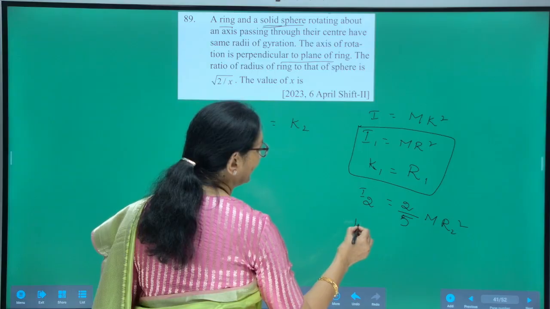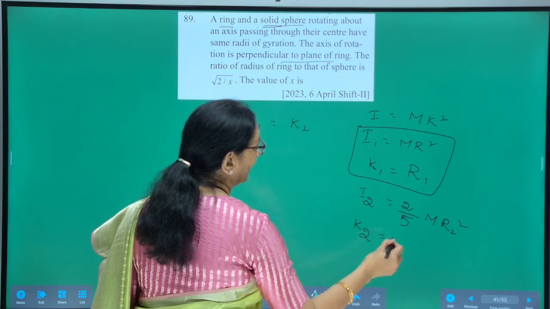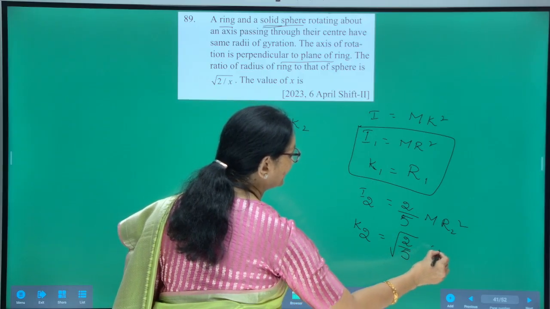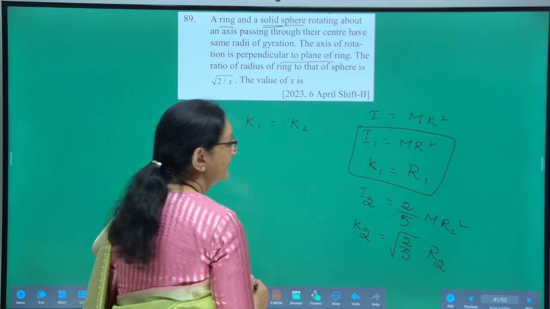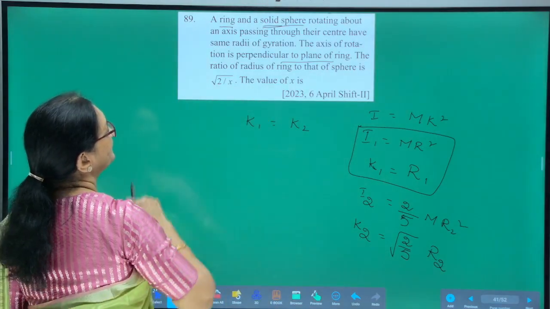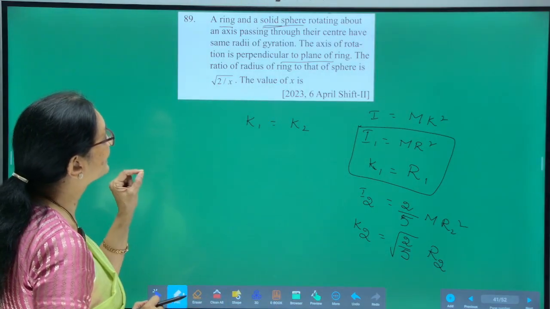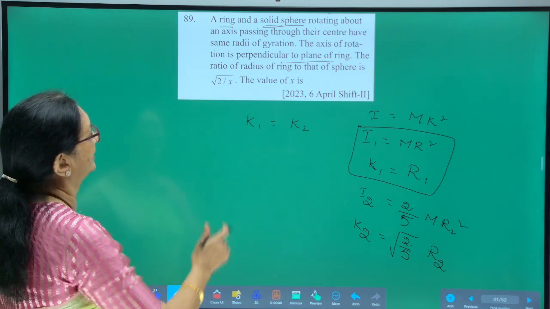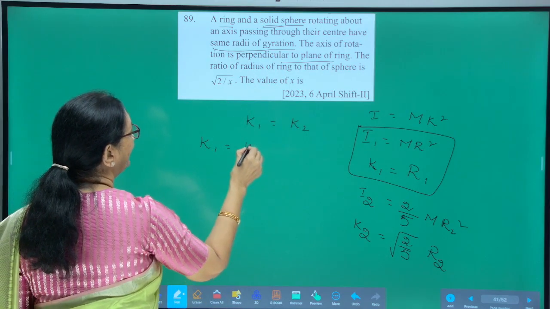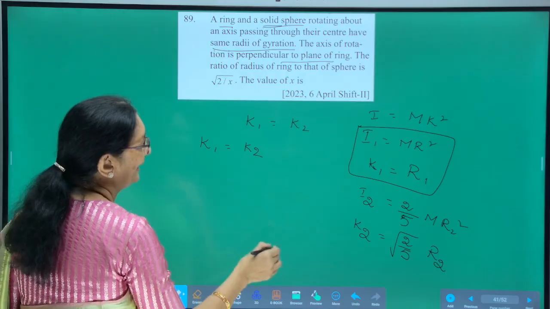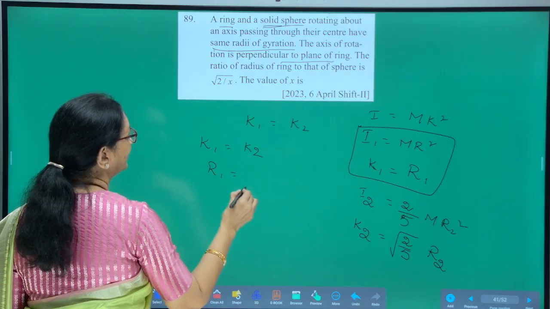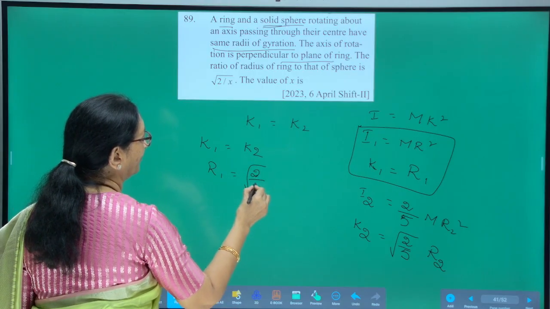So, here radius of gyration of the solid sphere about an axis passing through its center becomes square root of 2 by 5 R2. In the problem, it is mentioned that they have the same radii of gyration. K1 is equal to K2 implies K1 is R1 and K2 is equal to square root of 2 by 5